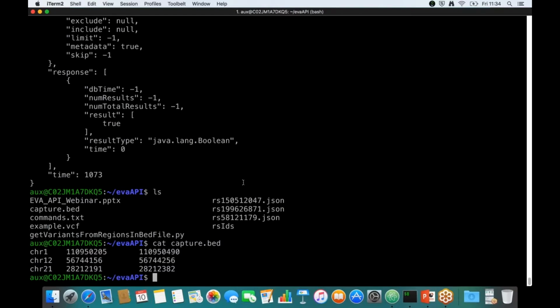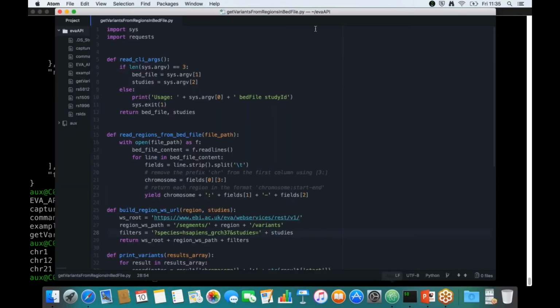So in this file, each line represents a region in that capture. We want to check if those regions in EVA contain variants or not. So we want to stack all the variants that are on EVA for a particular study in those regions to compare with the variants that we have obtained in our sequencing experiment. I have written a Python script,